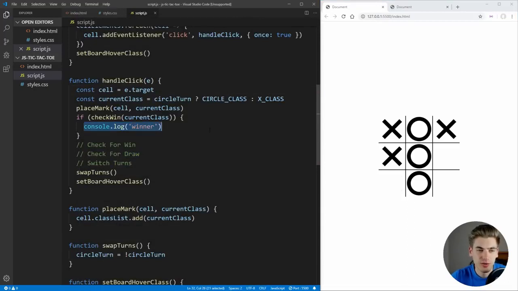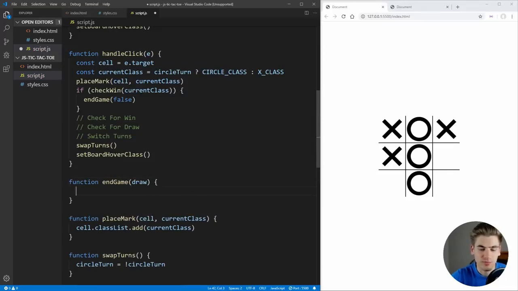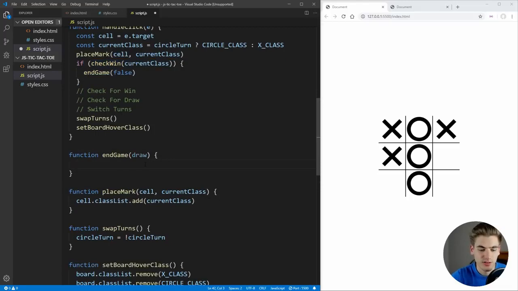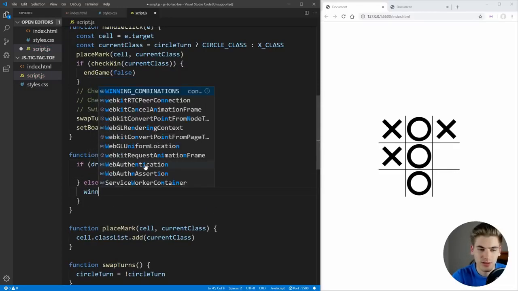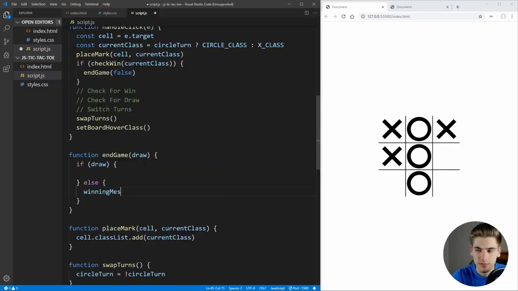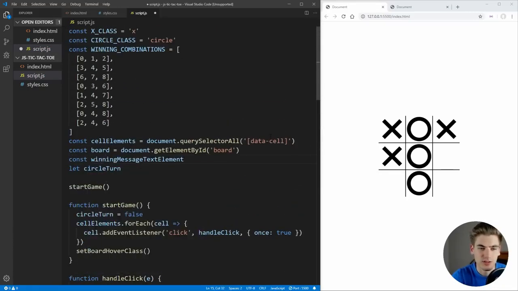In order to do that, we can just call a function called endGame, and for now we're going to pass in false. This is going to be whether or not it's a draw. And we can create that function called endGame, and it's going to have that draw passed into it. So whether or not it's a draw, in this case it's a win. So if it's a draw, we're going to do something. We're not going to define that yet. But if it's not a draw, we want to select our winning message text element, which we have not created yet. So let's come up here and say our winning message text element is